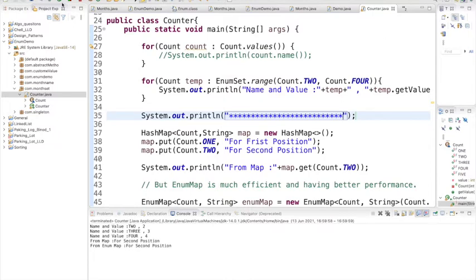If you run again, see here 2 3 4 is what I have given. If you give 3 here, it will show only 2 and 3. It is showing 2 3, right? This is the way we can show the range.